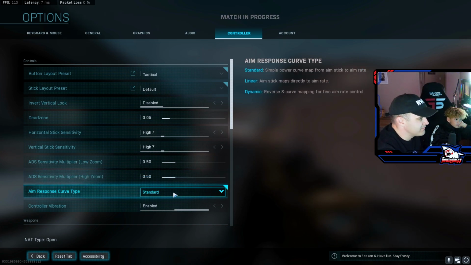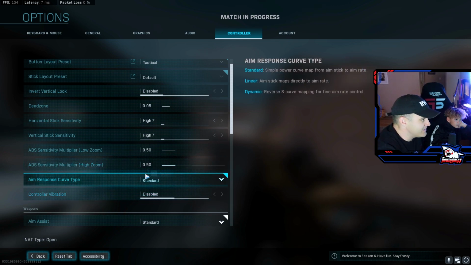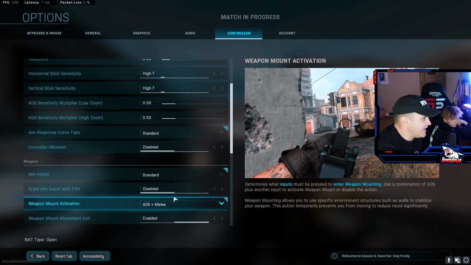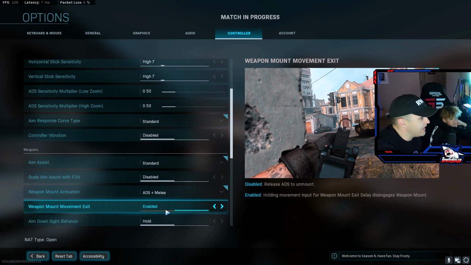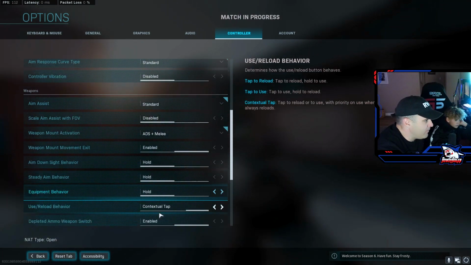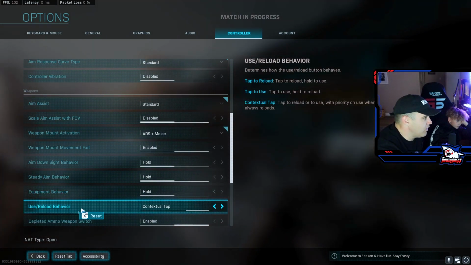Aim response curve, standard. Controller vibration, disable that. I always want to have that disabled. There's really no reason to have it. Aim assist standard, disabled. Weapon mount movement exit enabled. Aim down sight behavior is hold, steady aim behavior, hold, equipment behavior, hold, use and reload behavior,